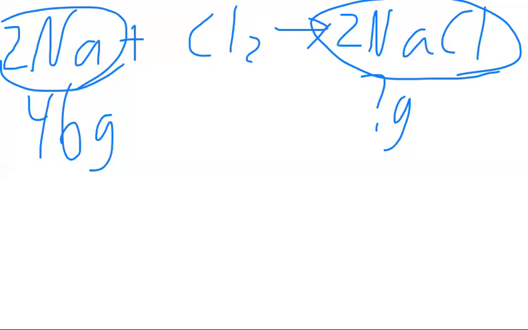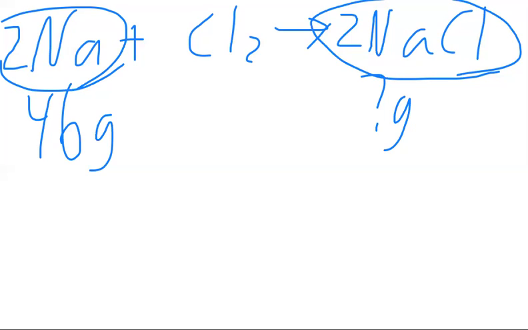If you want to get rid of those coefficients, that's fine. And so you're going to ultimately wind up with 2 moles of sodium chloride, and then you're going to multiply the moles of sodium chloride times the molar mass for sodium chloride. So the molar mass for sodium chloride is 23 plus 35.5, which is going to be 58.5. Okay, so 2 times 58.5 is going to give you